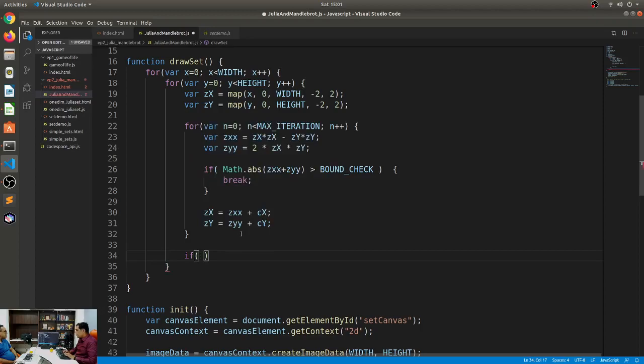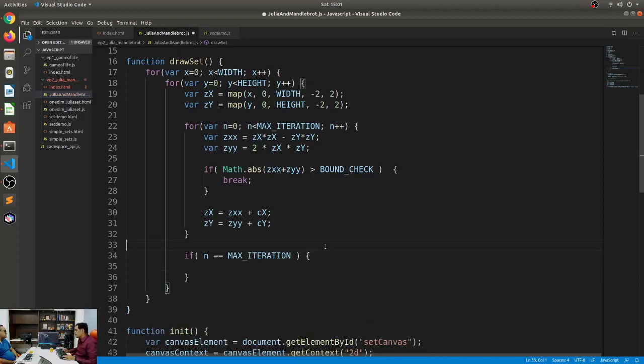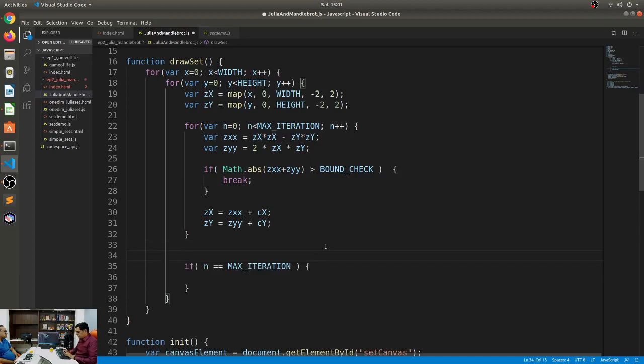Now, if n reaches max iterations, which means it is bounded. If it has broken out of here, it will be less than max iteration, and if not, it will be equal. So if n equals max iteration, maybe I can assign brightness equal to 0.